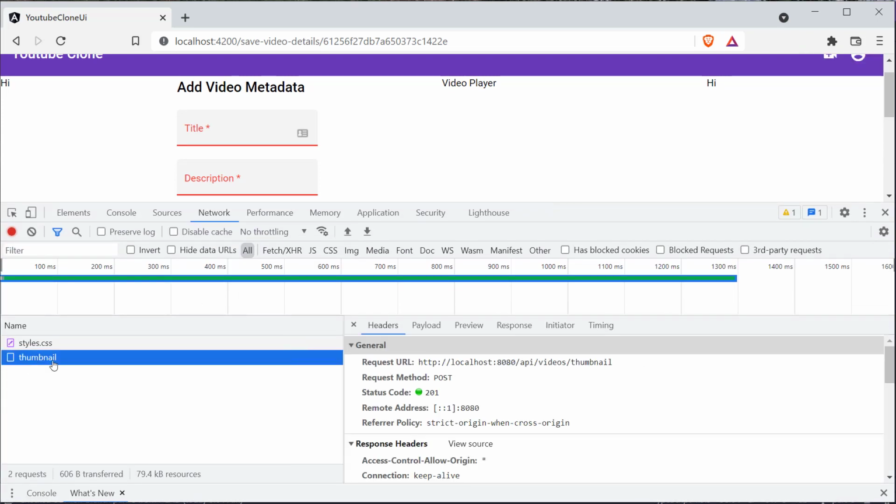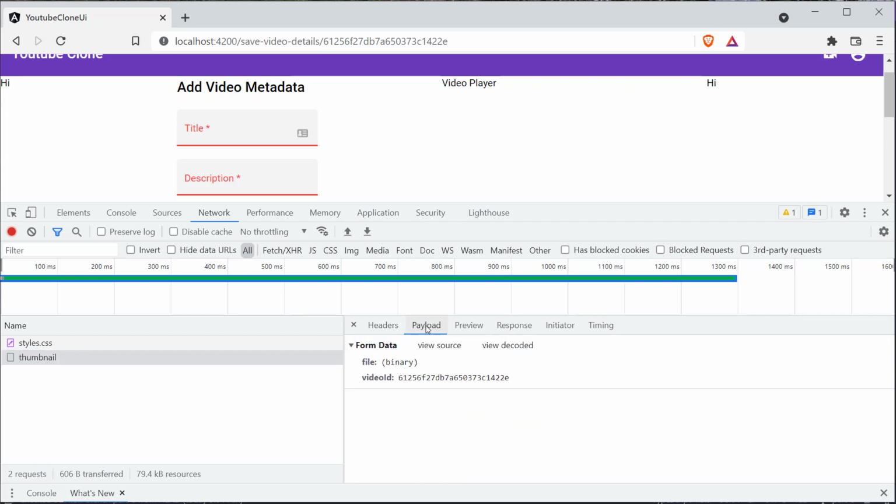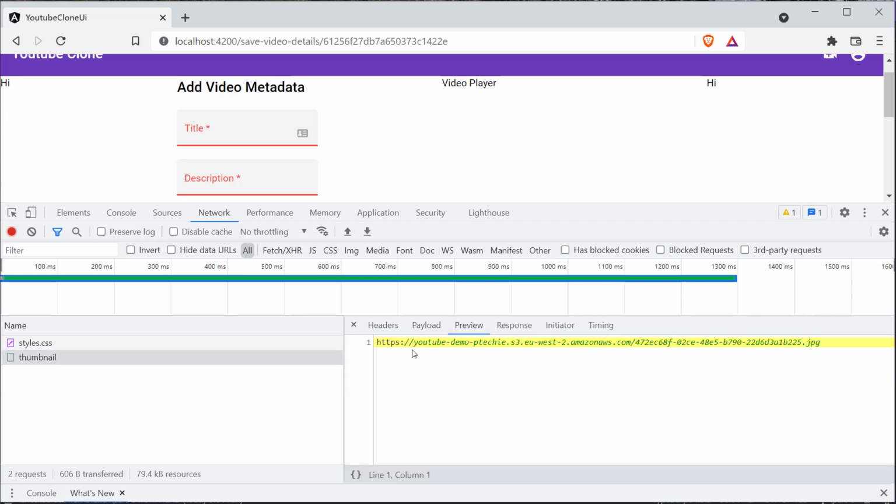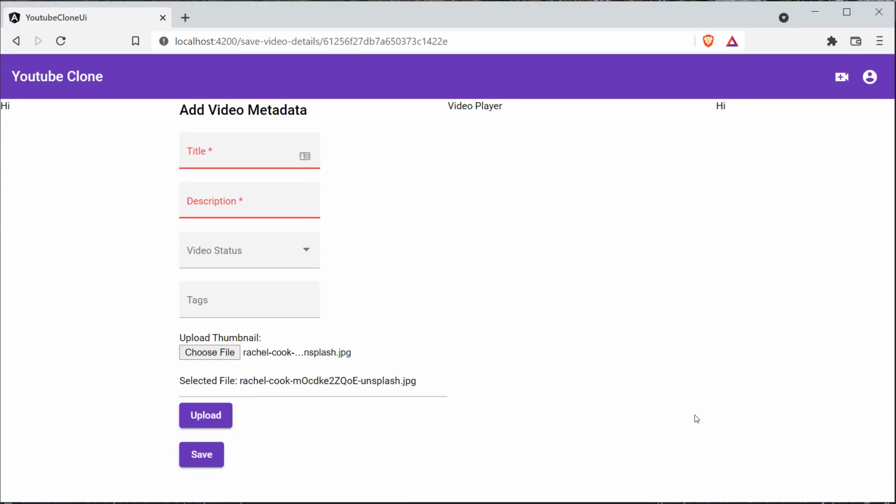So here you can see that we have successfully made a call to the backend, and we received a 201 response. If you see the payload and also the response, we are able to see the URL of where we can find this particular thumbnail, right? So that means our upload thumbnail functionality is working fine from our Angular application. All right, so we need some kind of confirmation whenever we upload the thumbnail that the upload is successful or not,